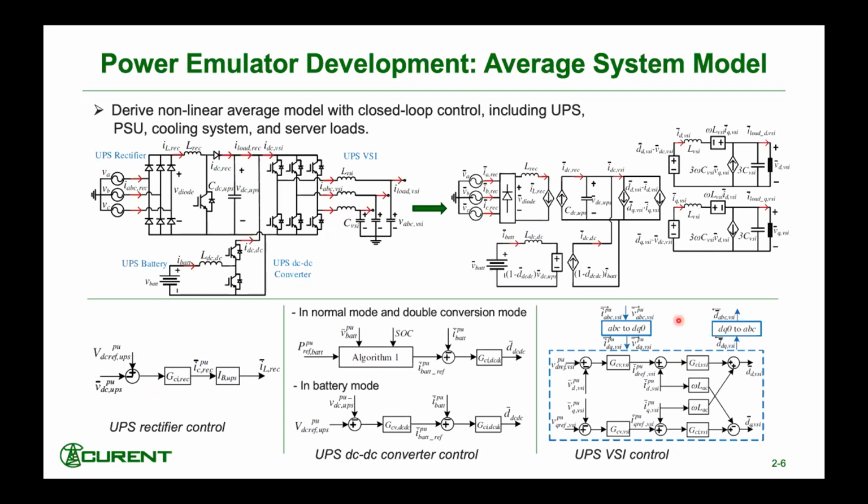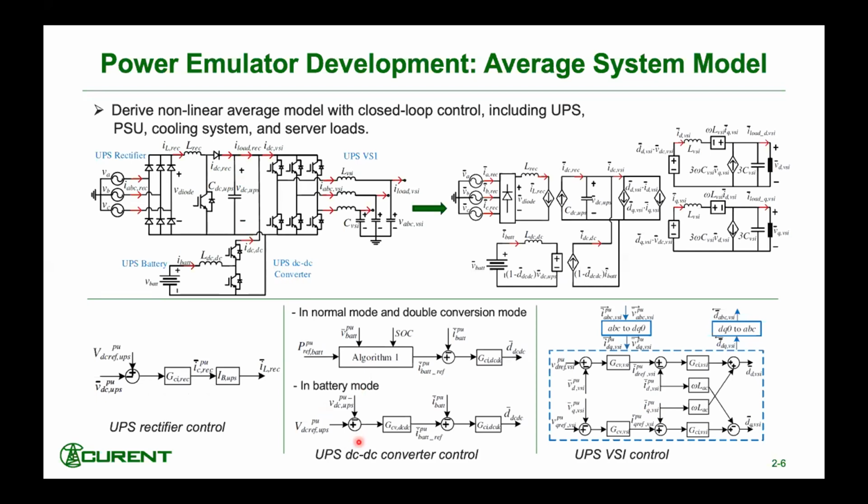For the DC-DC converter, in the normal mode and the double conversion mode, the DC-DC converter is only responsible for charging or discharging the battery and controlling the battery power. So only the battery current is controlled, and the current reference is generated based on the power demand from the top level control. While in the battery mode, when the power fails, since the rectifier has been turned off,